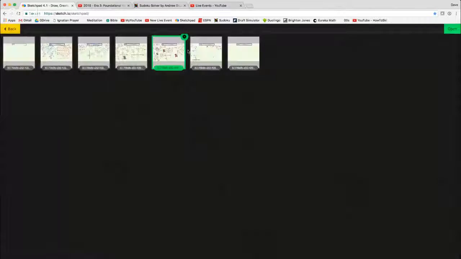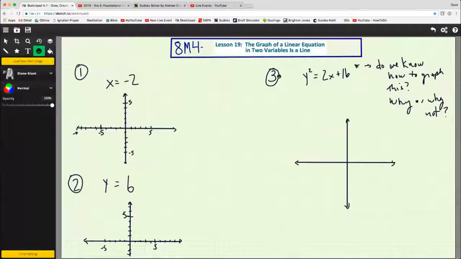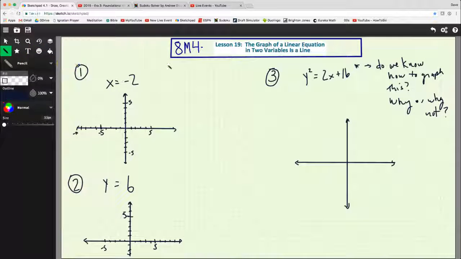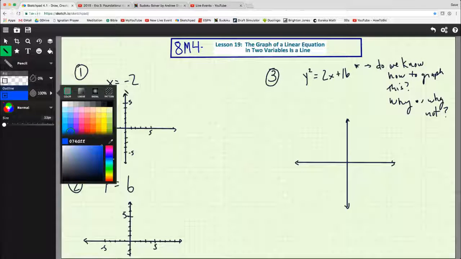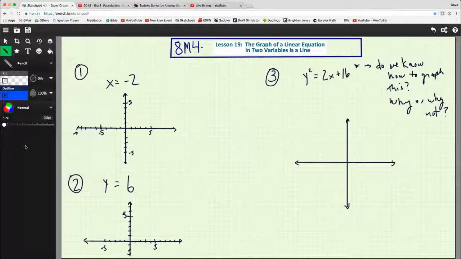Homework help number 5. I just want to remind you that the point here is that these two guys are horizontal and vertical lines, and I want to remind you which is which. If you remember, the rule is for these lines that don't have an X and a Y in them, they only have X or Y but not both, you're going to end up either vertical or horizontal. And the way to remember it is,